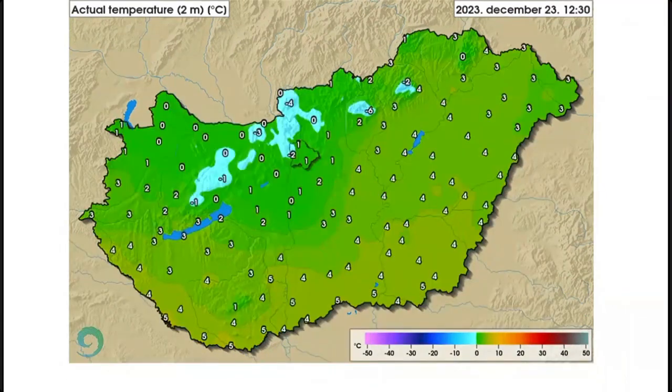In a normal situation, you can see this in an animation, but I think in this setup, this animation isn't working. So you could see that the usual spring has arrived for Christmas to our country,